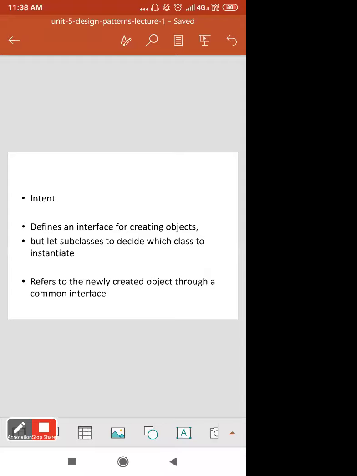And which object needs to be instantiated, that particular operation they hand over to the classes. Now they refer to the newly created object through a common interface.